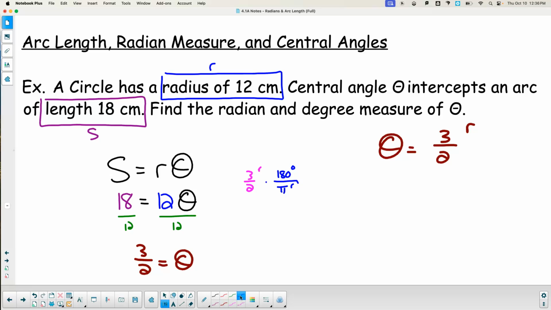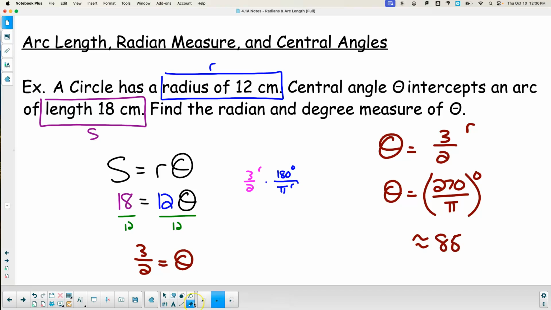So that's going to give me theta is also equal to 270 over pi degrees. 180 divided by 2 is 90 times 3 is 270. If this were a we would allow you to round type of problem,